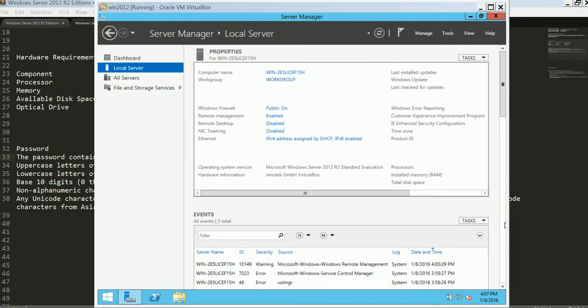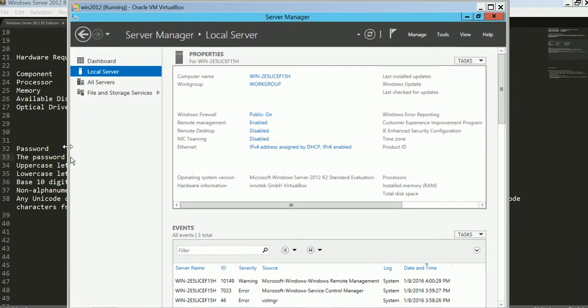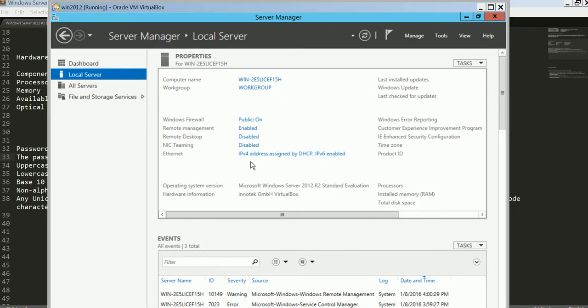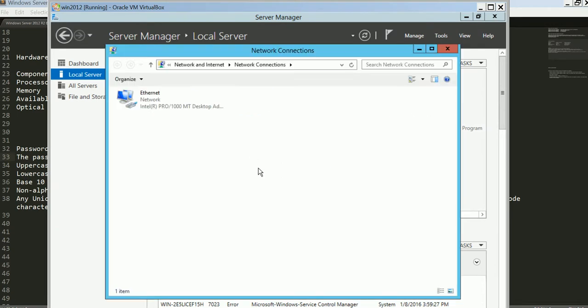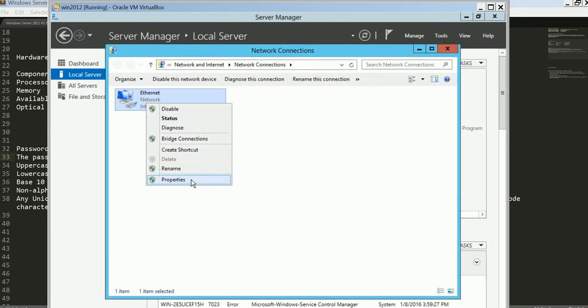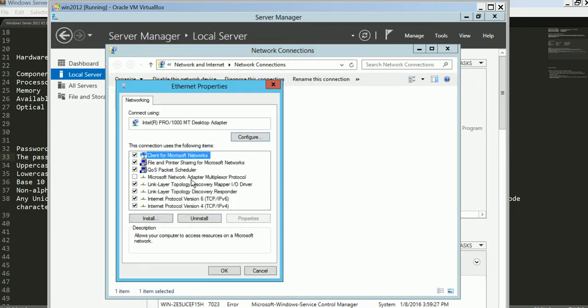And let's give it a static IP address. For that I'll do Ethernet. I'll click on IPv4 address assigned by DHCP, and you can see Ethernet. I'll right click, properties, and you can see it says Internet Protocol version 4. I'll click on there, do properties,